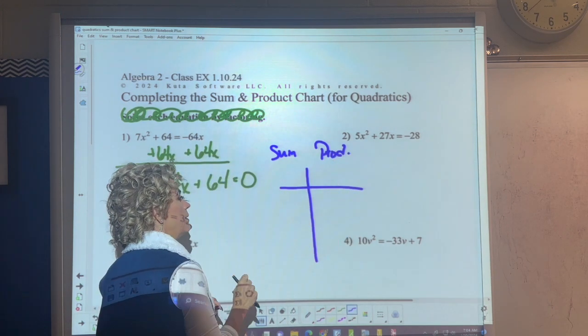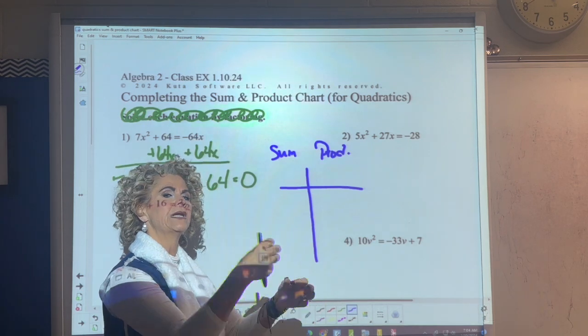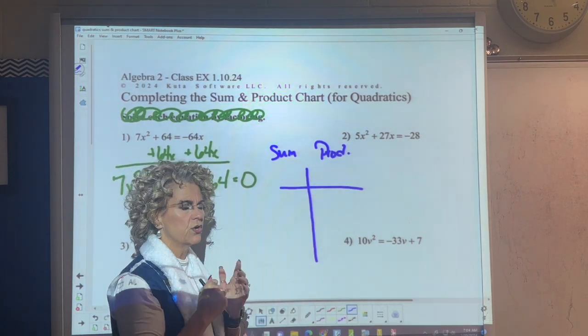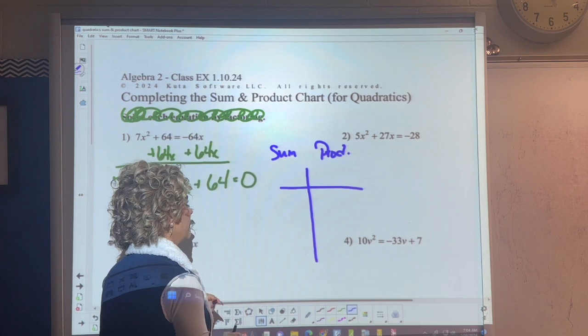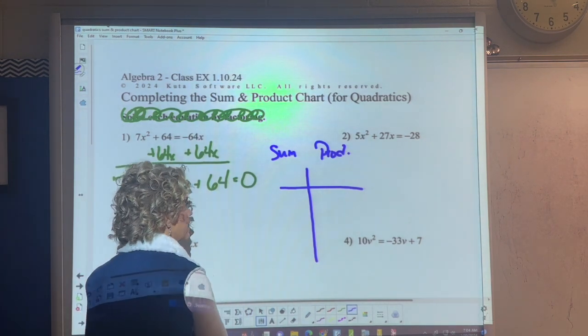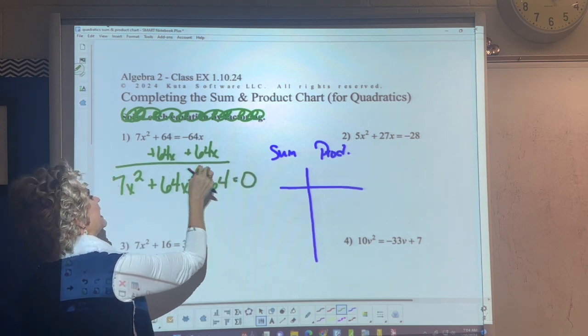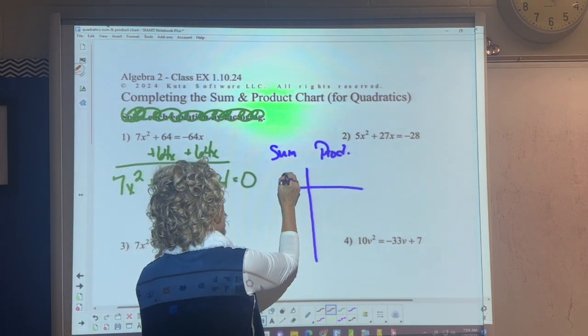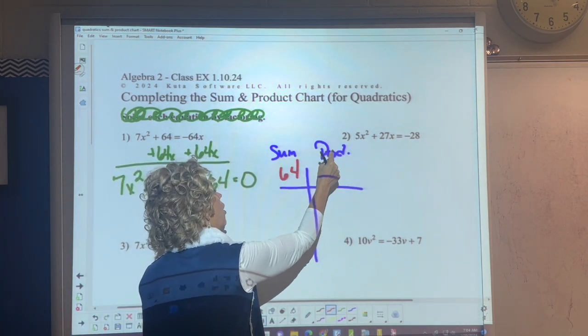So the sum is the coefficient of our linear term. Our linear term is our variable with the exponent of 1. In this instance, our linear term is the 64x. So our sum is 64. So I'm going to put my 64 here. Our product